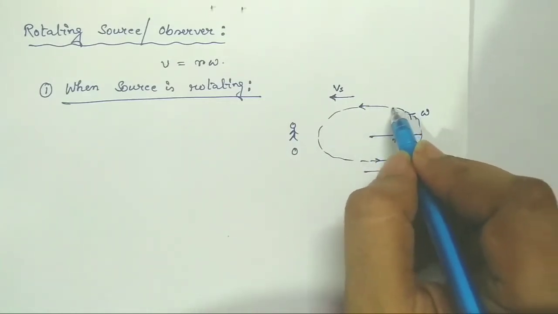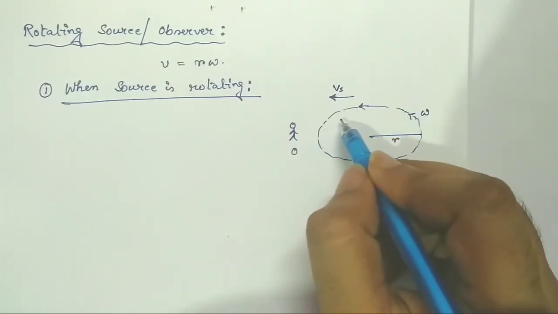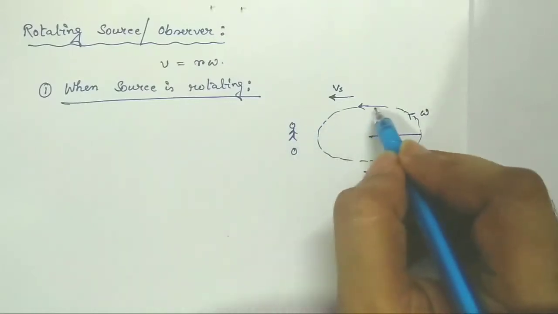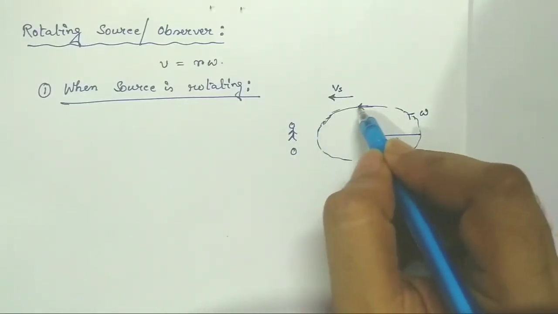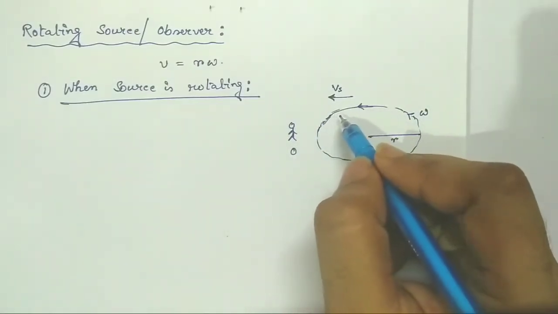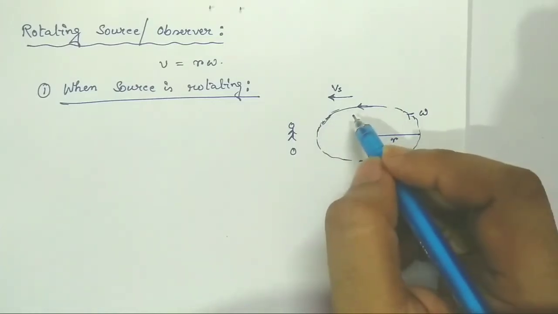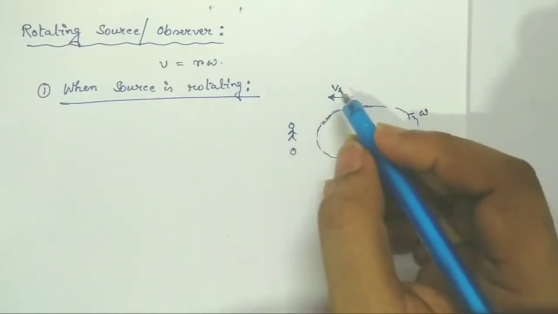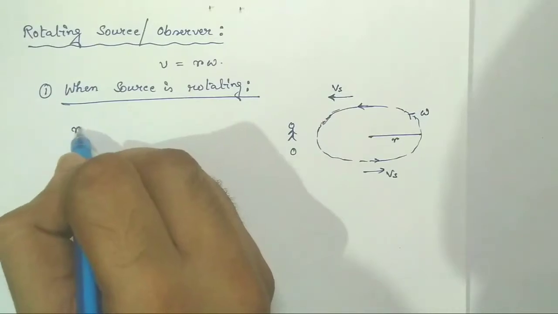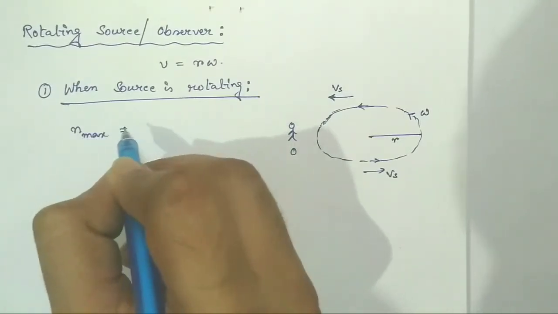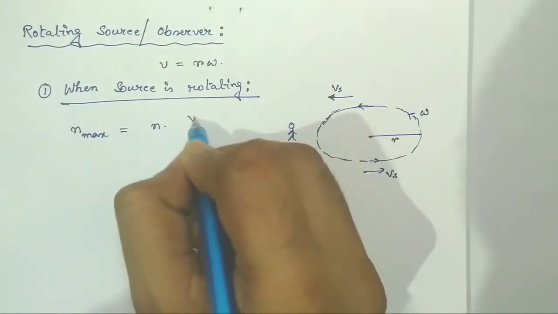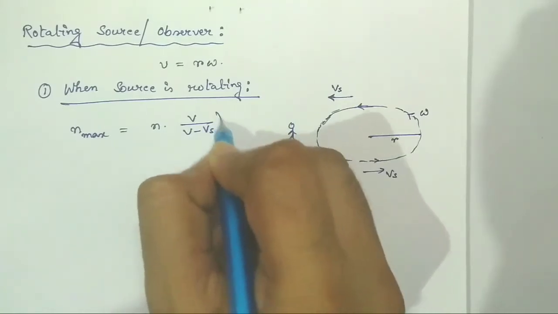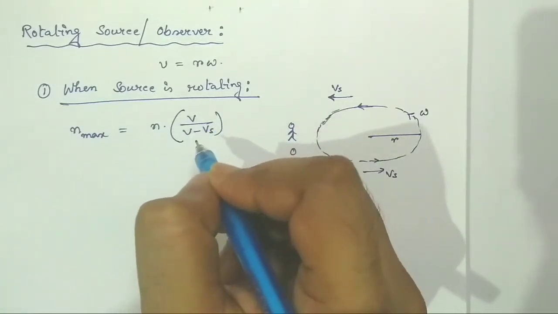When the source is moving in this direction, that is towards the observer, the apparent frequency heard by the observer will be maximum, and the maximum apparent frequency is given by n max equal to n into v divided by v minus vs, since